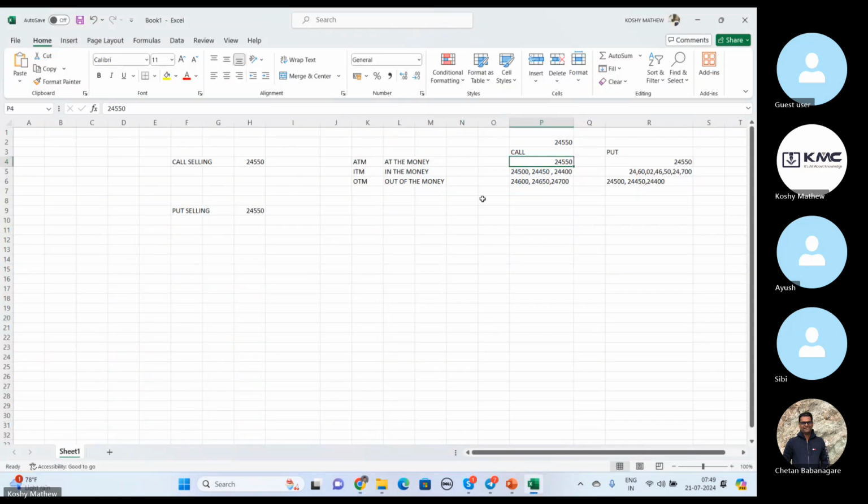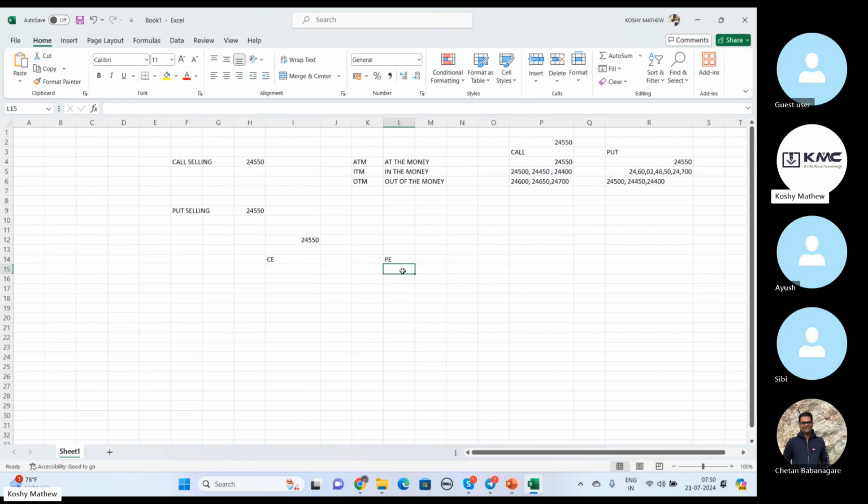You have to be knowing this. This is also very crucial when you select a strike price. If you have any doubt, please ask me now. This is a little crucial because it tells you what strike price you have to buy looking at the current value of the market. If Nifty is 24,550 and you want to buy a call, which strike price do you have to buy? If it is a put, what strike price do you have to buy? Very important, because of the premium you pay for a call and for a put,